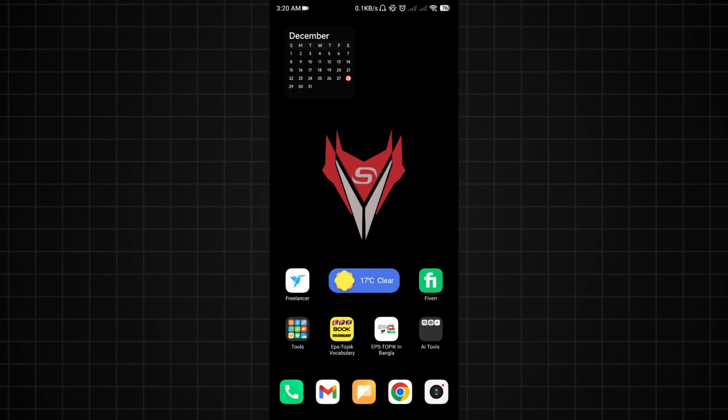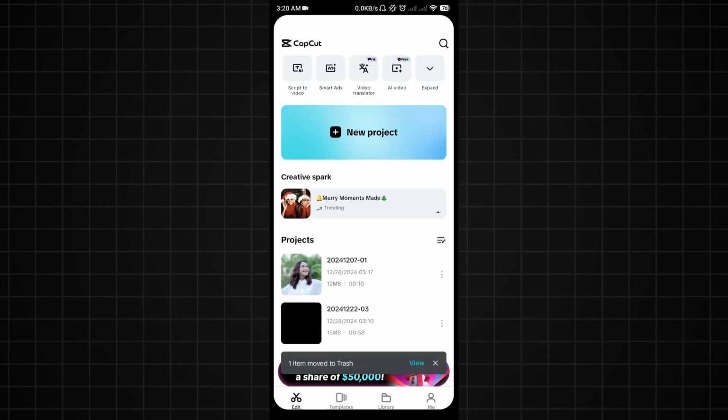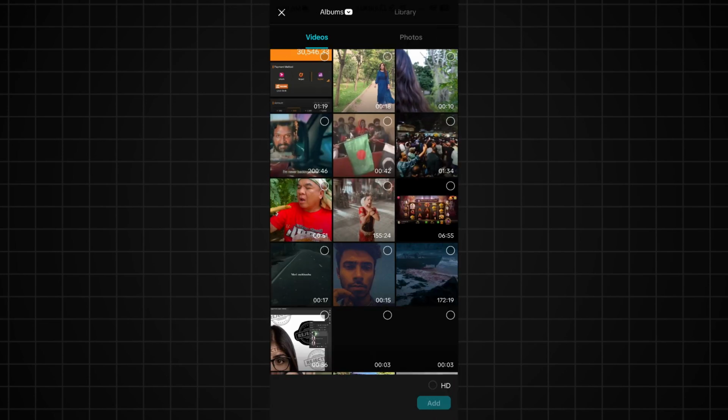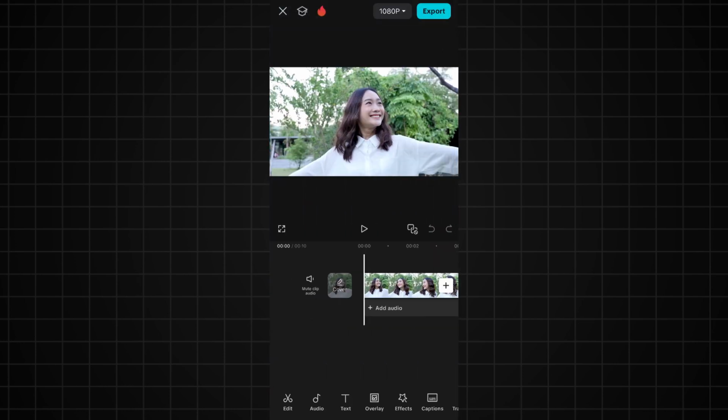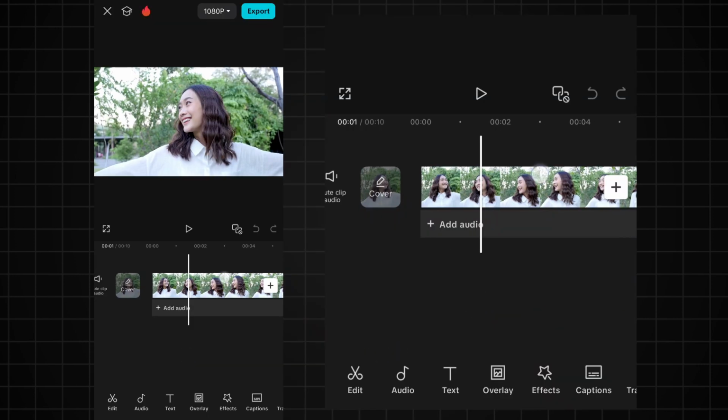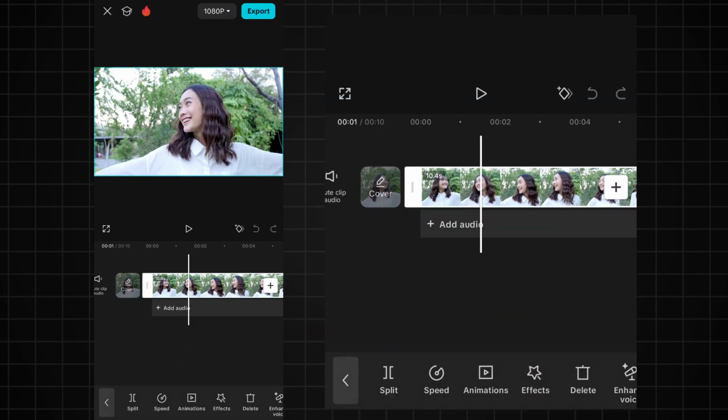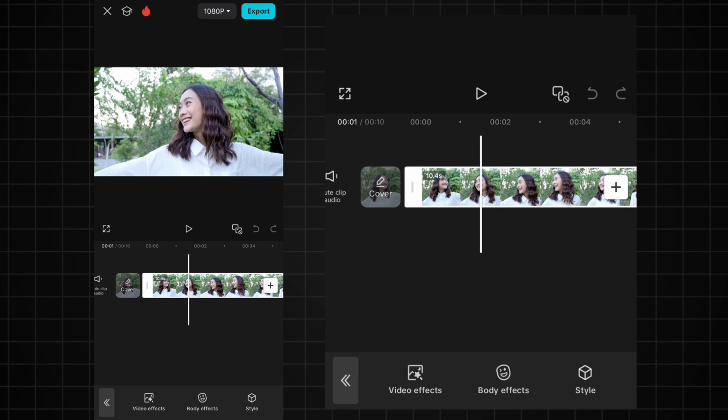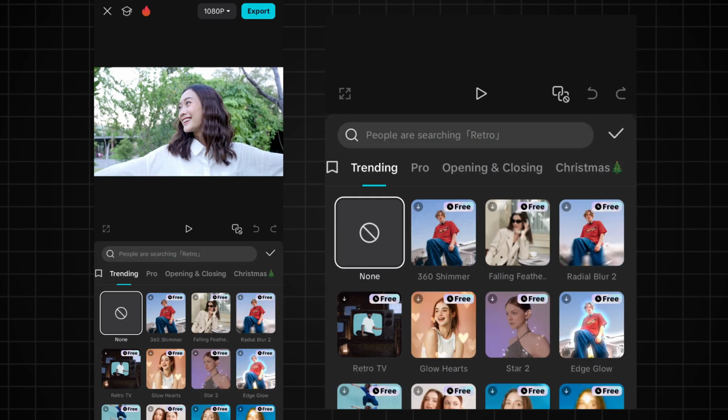In this video I'm going to show you how to blur background in CapCut. So first open CapCut, then new project, and from here select the video you want to make blur, select HD, then add. After that select the video, then go to effect, then from here select video effect and in search